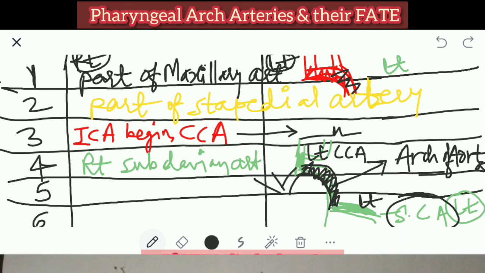Okay. Now fifth, it got regressed. So fifth completely it got regressed. Nothing is there. And in the sixth one, if you see, so what we will do? Okay, sixth one. I will use yellow color. So sixth one, what happened? Sixth one on the right side, it is forming what? It is forming the initial part. The proximal part is forming the pulmonary artery of the right side, and proximal part here is forming the pulmonary artery of the left side.